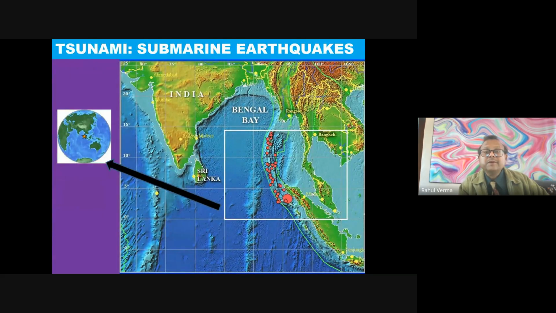Now you see tsunami. Tsunamis are submarine earthquakes. It is something like when the deep sea rocks fall in a landslide, so the whole surface jumps. You can even try this at home. Take a glass of water on a table and hit the table hard. You can see the water in the glass will begin to jump up. That same thing is a tsunami. God is hitting the table.